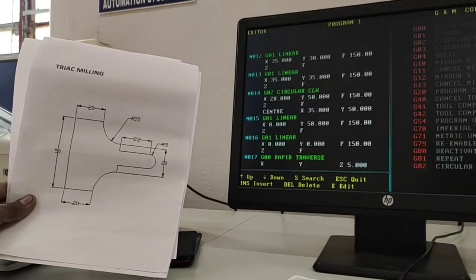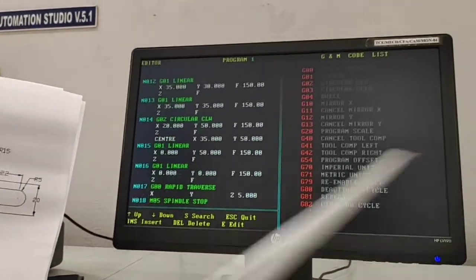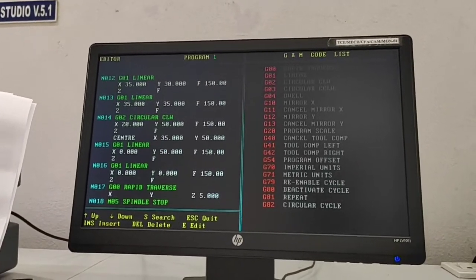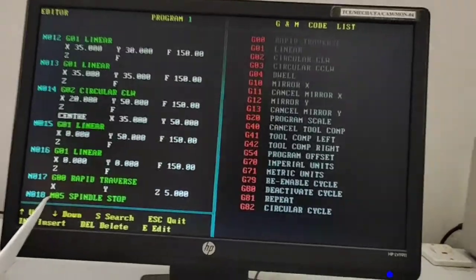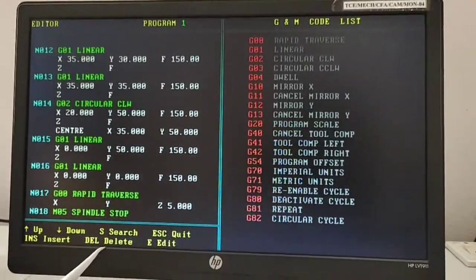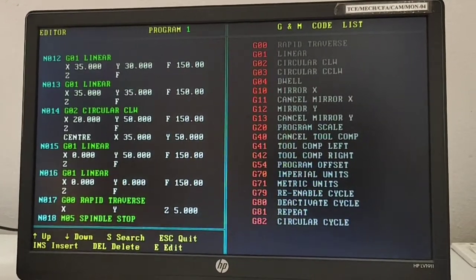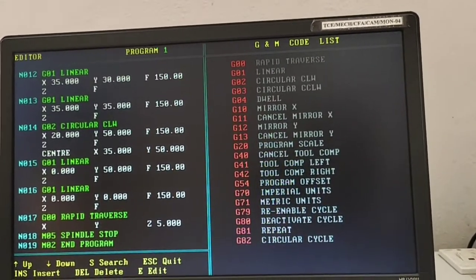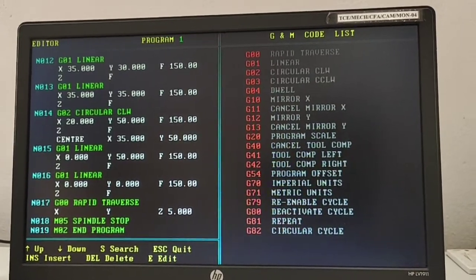Then again you release the z-axis 5 mm. The final value is M05. So now we stop the spindle, because the spindle is rotating. By using M05, the spindle will be stopped. Then again by using M05, automatically the tool goes to the home position at the end of the program. So this is the completion of one profile program.